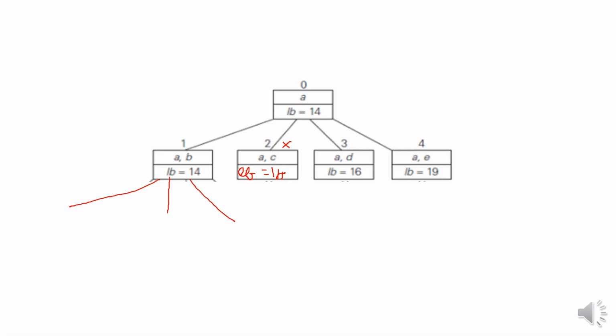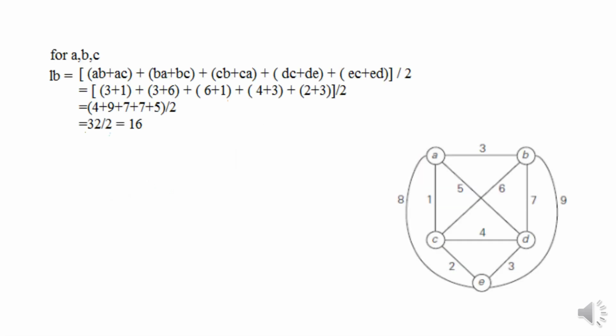So I have 3 options. After visiting A, we are visiting B. Then you can visit C, or you can visit D, or you can visit E. So starting from A, going to visit B and then visiting C. From A, we are going to go to city B, and from B, we have to go to the city C. So these edges I have to consider.